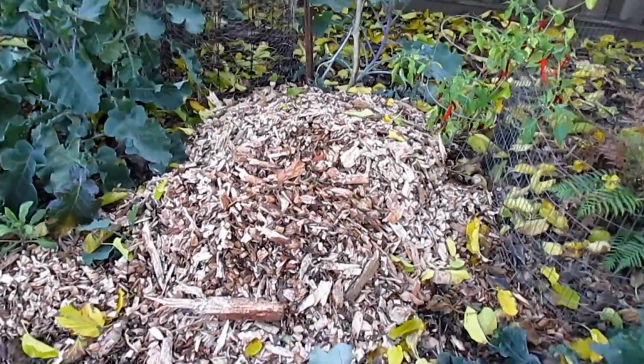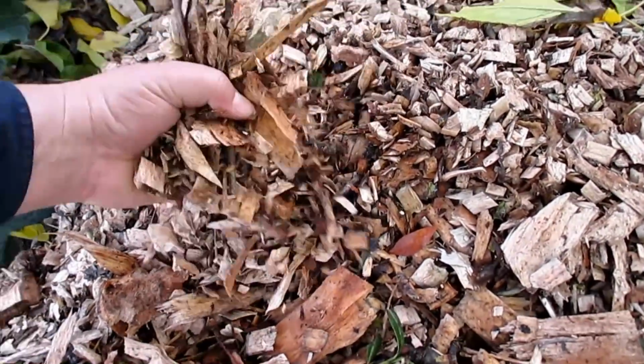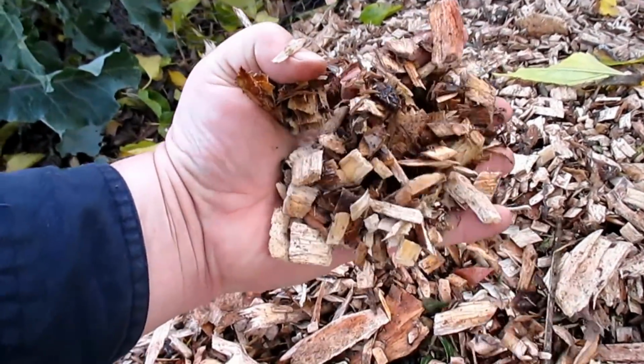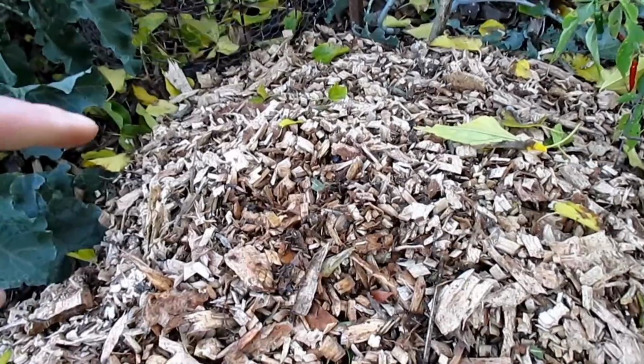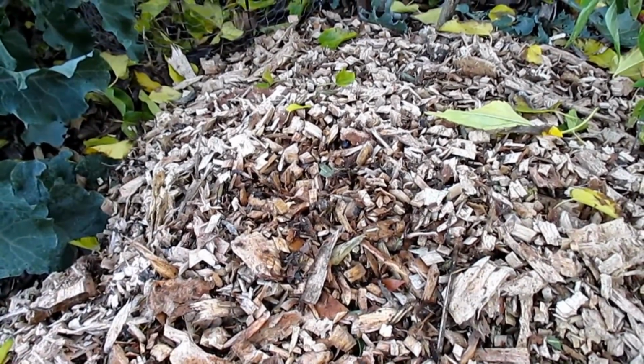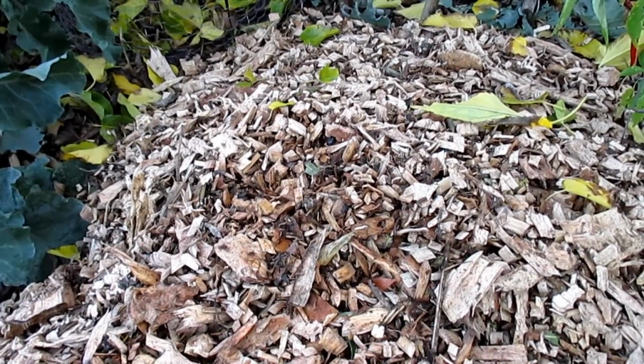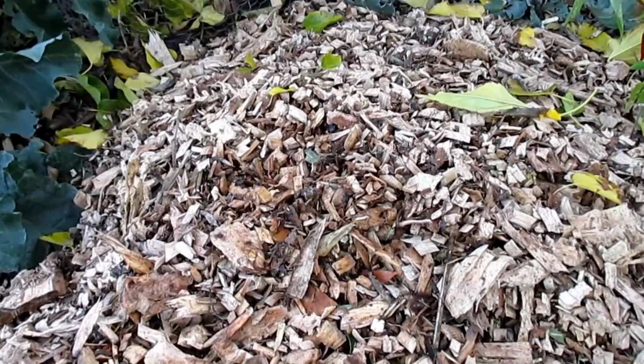And over here we got a pile that came from that same drop-off. And as you can see, this is primarily just wood chips. There's hardly any other plant material in here. Now this stuff is great for rebuilding your pathways, keeps it nice and neat and dry throughout the winter. Or if you want to inoculate an area with some mushroom spawn or reinvigorate a previous mushroom patch, this stuff